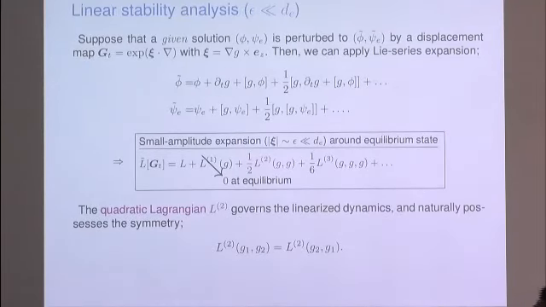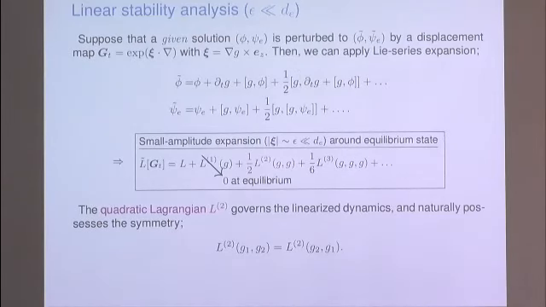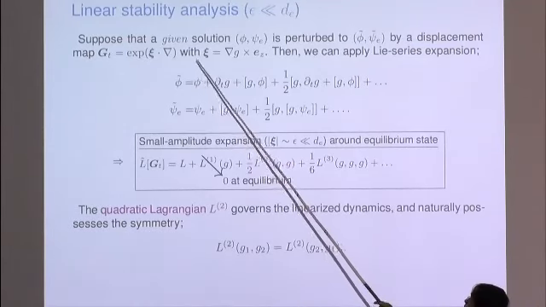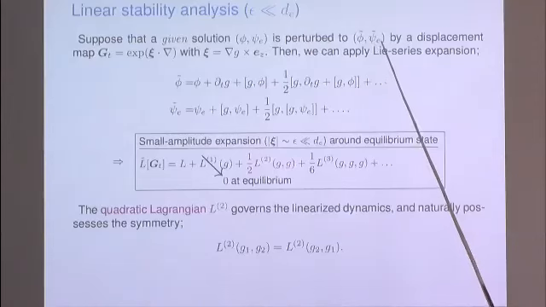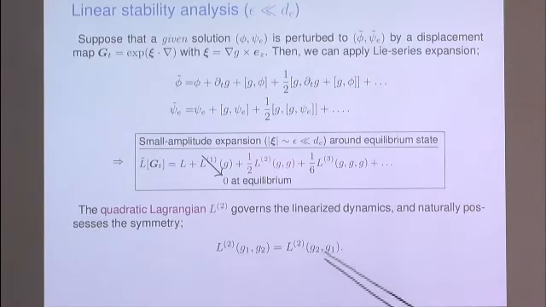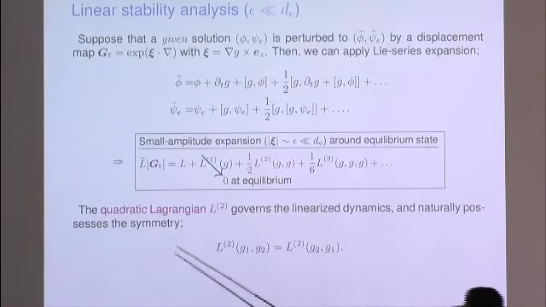First, we start from the linear stability analysis, where epsilon is much smaller than the skin depth. So this is nothing but a general procedure. Suppose that we have a given solution and it is perturbed to phi tilde and psi tilde by the displacement map G_t. So then we can generally